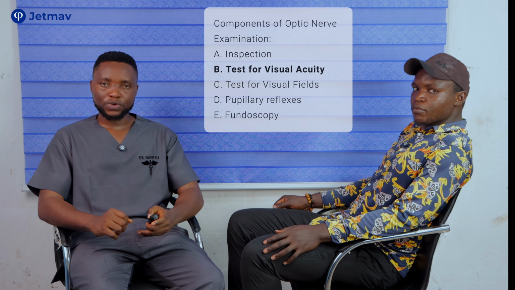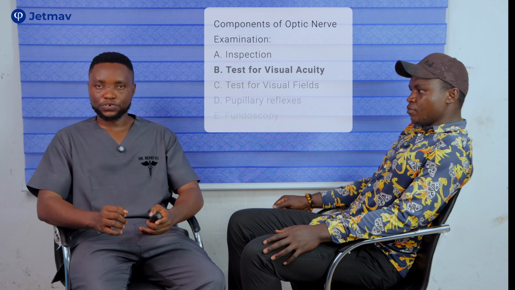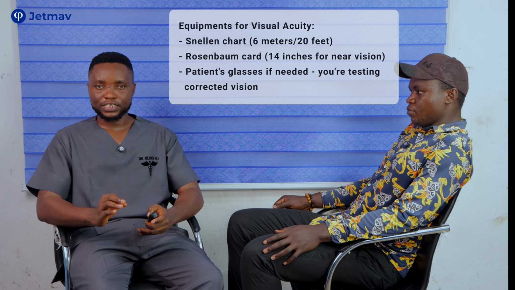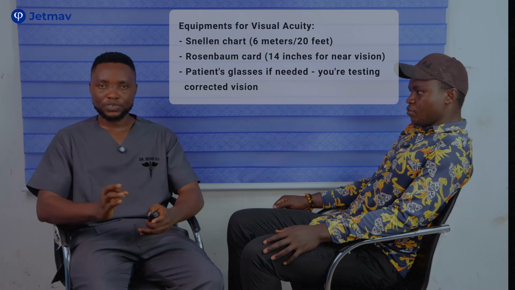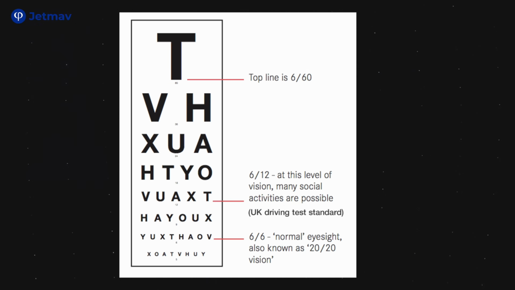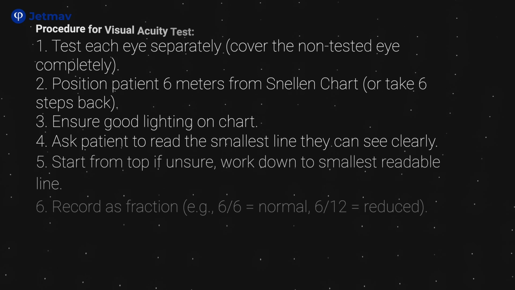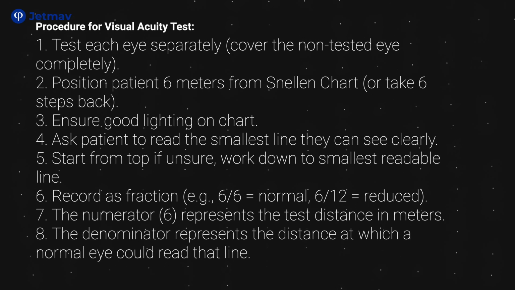Now in visual acuity, we are trying to test the clarity of vision. Now the equipment or the instrument majorly used for this is the Snellen chart, although we can also use the Rosenbaum chart, but the instrument normally used for this is the Snellen chart. So in the Snellen chart, you position it around 6 meters away from the patient or approximately 6 steps away from the patient and ask the patient to close one of the